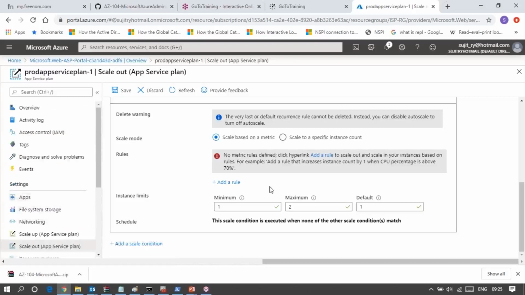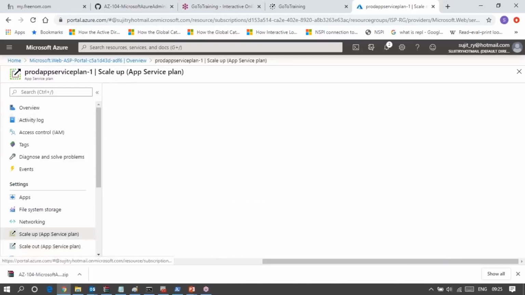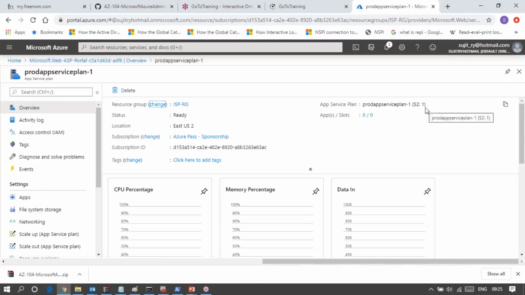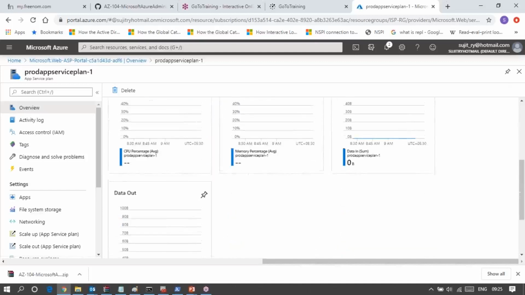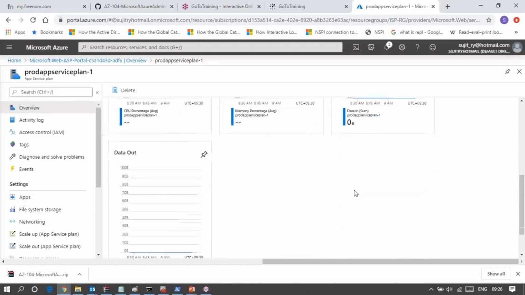Your service plan is this one. If I go to scale up or overview also, you can find the service plan information. S2 1. This is your service plan. So your CPU percentage, memory, data in, data out. So overall activity you can see from here. Okay, now